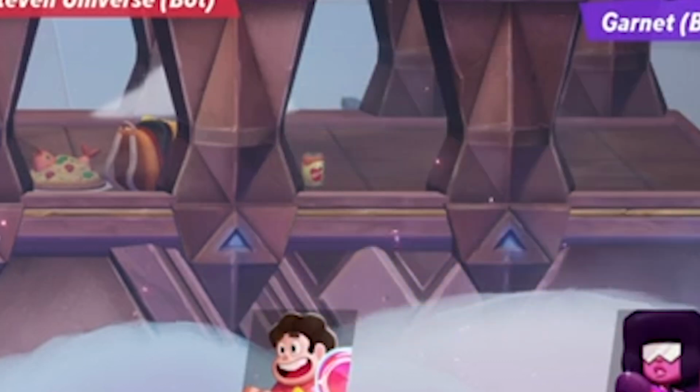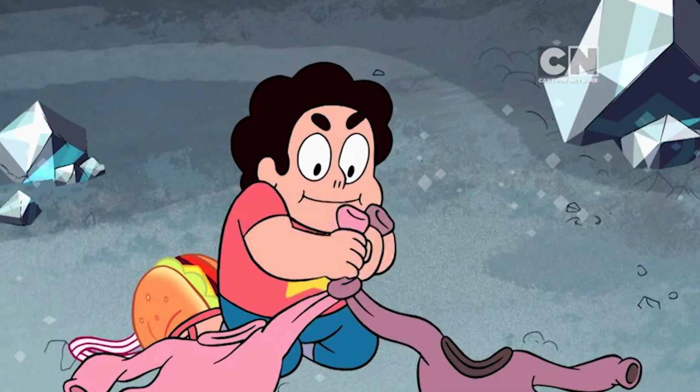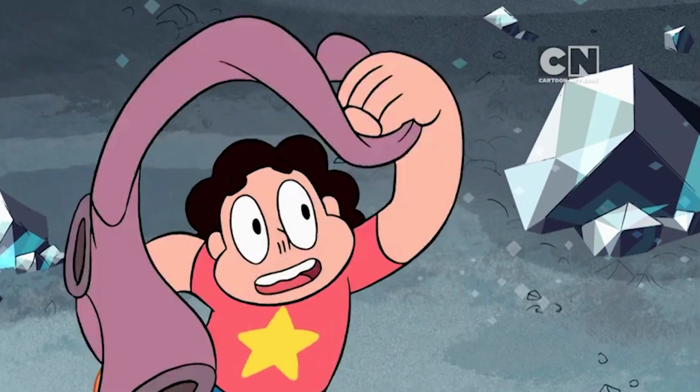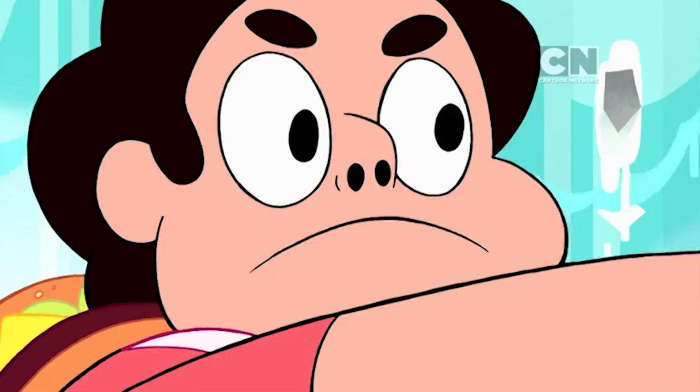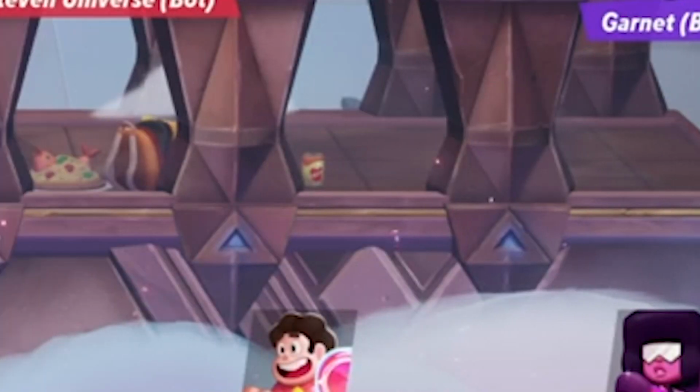Moving along, we can see Steven's signature cheeseburger backpack. This nostalgic piece of apparel was introduced in its own episode and was used multiple times in the show and in the Steven Universe video games due to its surprisingly large amount of space on the inside. We also can spot a can of apple juice next to the backpack,